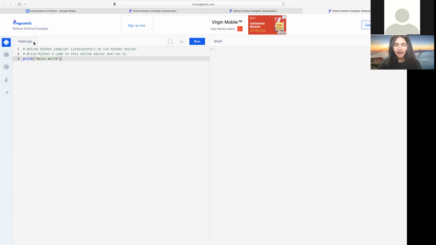For example, when we create a Word file, we have the extension .docx or .doc. When we create a PPT, the extension is .pptx or .ppt. Similarly, we can recognize a Python file with the extension .py. So py stands for Python. Here we have the main.py file.